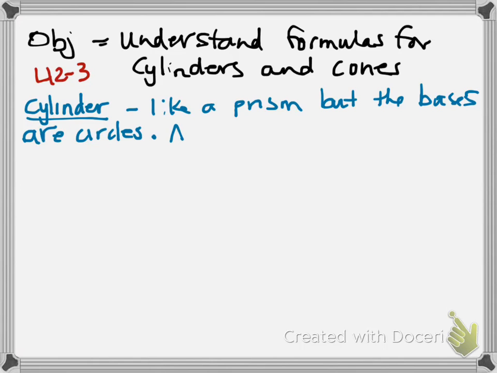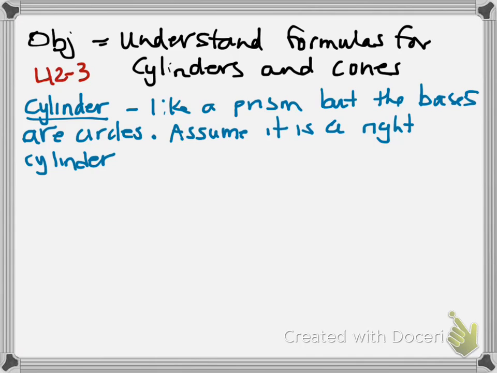We're going to assume it is a right cylinder. And if you remember when we were talking about prisms, we had right prisms and oblique, Aiden. But unfortunately, we didn't have any theorems on formulas for the oblique ones, so we just concentrated on the right ones. So we're going to assume it's a right cylinder, where